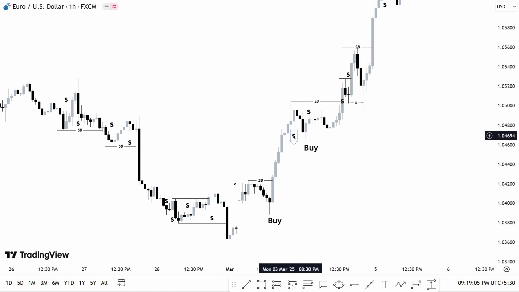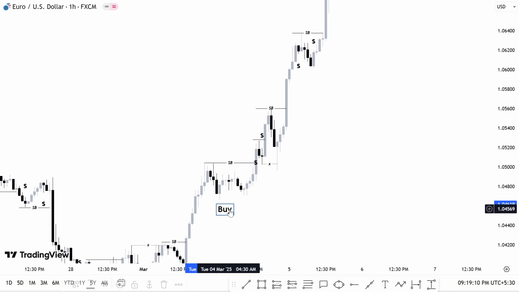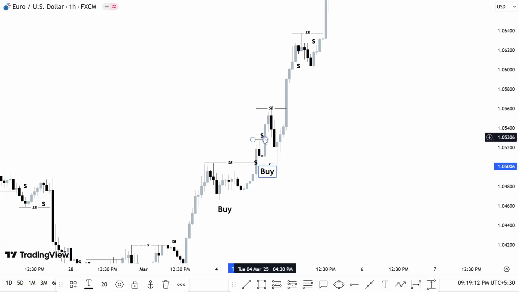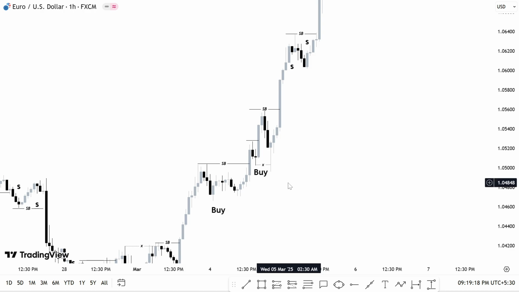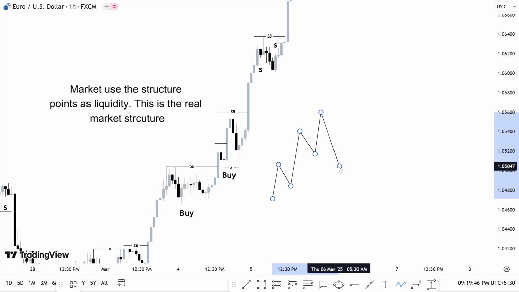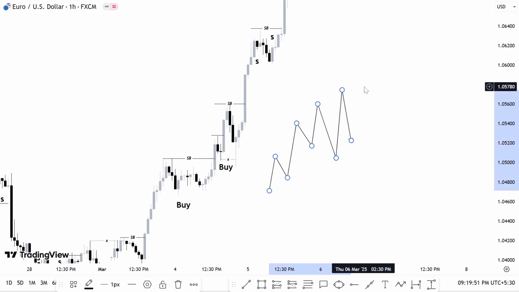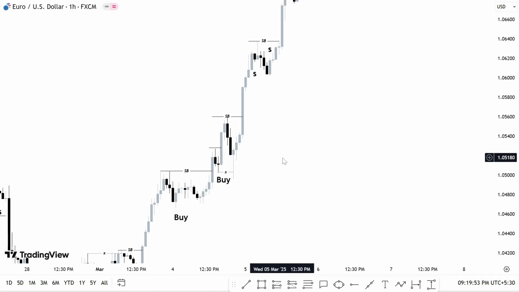Structure break again, we'll look for the buys in the retracement. Okay, another thing, a structure break over here, so we will look for a buy over here. Now, in this area, the low is manipulated. This is the reality of how the market works. Usually, people see this as an expected market structure, higher highs and higher lows. But the real market structure is with the manipulation, okay, with the liquidity being generated. So that was the reason, and I'll not go deep into this.